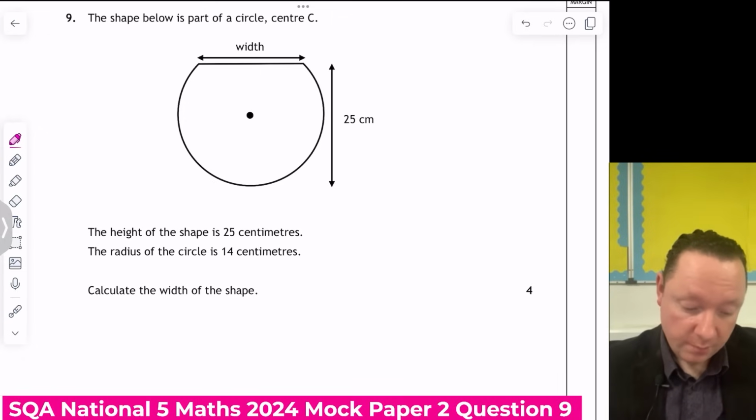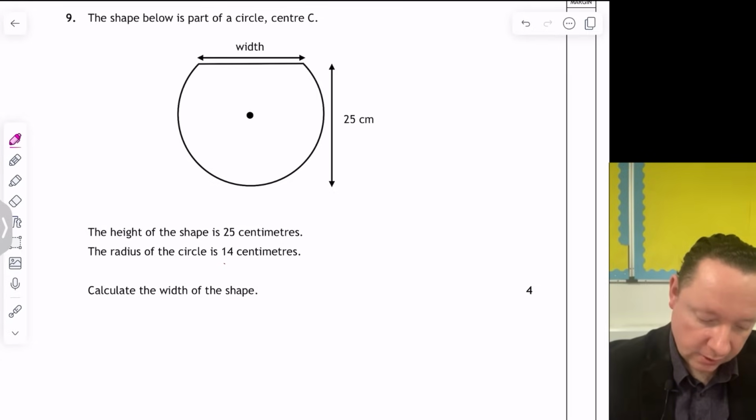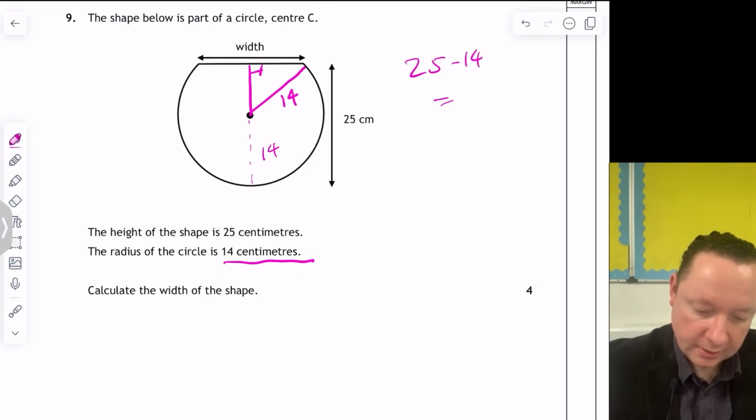Question 9, the shape below is part of a circle. The height is 25, the radius is 14. Find the width. So it tells us the radius is 14. So the width, so this is a Pythagoras and a circle question because I can make a right angle triangle just by doing something like that. So setting up my right angle triangle, centre to outside is a radius, so that's 14. I don't know the width, but do I know this? Well, I do, because if I draw a dotted line here, that's 14, so 25 minus 14 is 11,